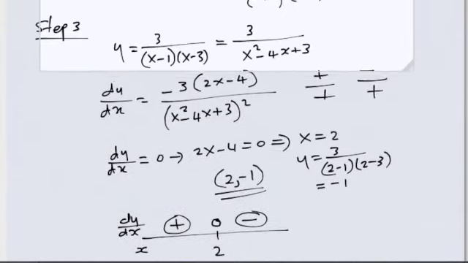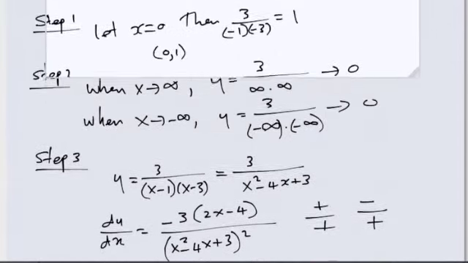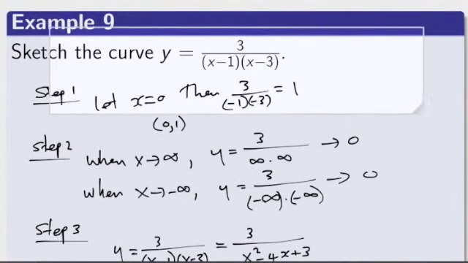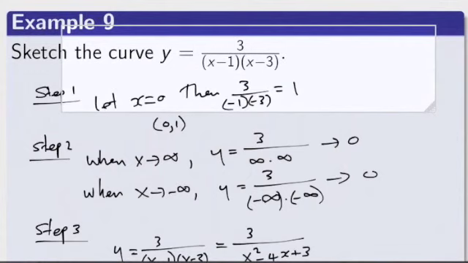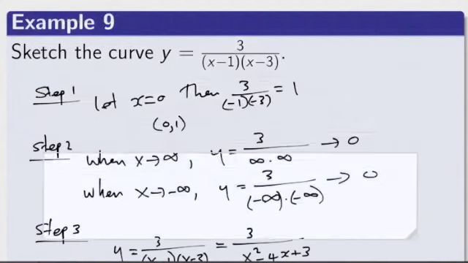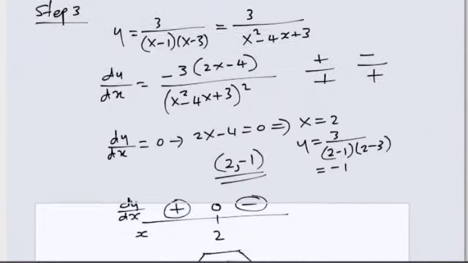So asymptotes are values where y becomes undefined. So clearly looking at this expression for y, in the denominator we have x minus 1 and x minus 3. So when x equal to 1 and x equal to 3, y is undefined. So x equal to 1 is an asymptote,